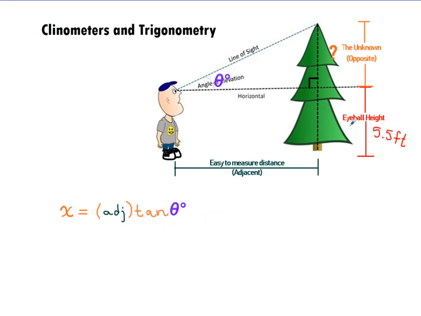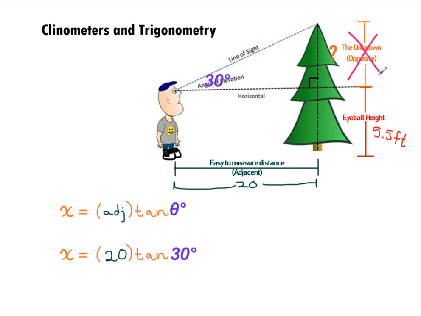So let's say that the eyeball height was 5.5 feet. Let's say that the adjacent part was 20 feet. Sorry, I forgot to write feet. And let's say that the angle of elevation was 30, okay? So dropping that information in, we get that x, this unknown opposite part up here, is 20 tangent 30. Plug that into a calculator and you get some number. I'm not going to worry about that because then I'd have to add in the eyeball height, and I'm all about doing that ahead of time. So really it's going to be the